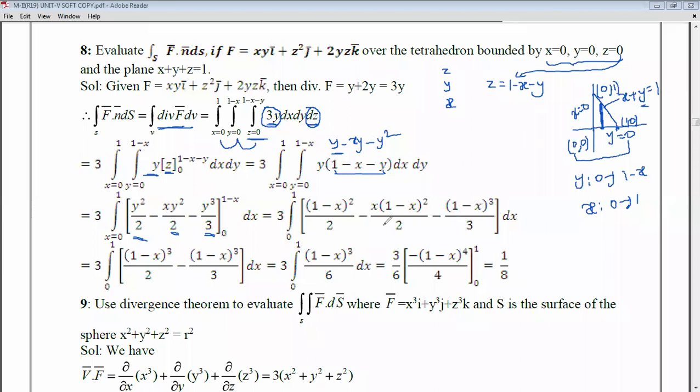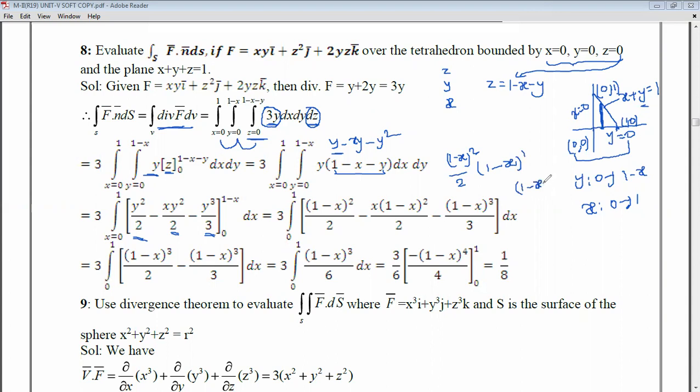Now we need to apply integration for this. Before applying integration, if you observe, what will we get? 1 minus x whole square, right? So 1 minus x whole square, and here also 1 minus x whole square. If you take that as common, 1 minus x whole square by 2. If you take that as common, what will we get here? In the first term the remaining is 1, and in the second term 1 minus x whole power 1. So it means that simply, what will we get?